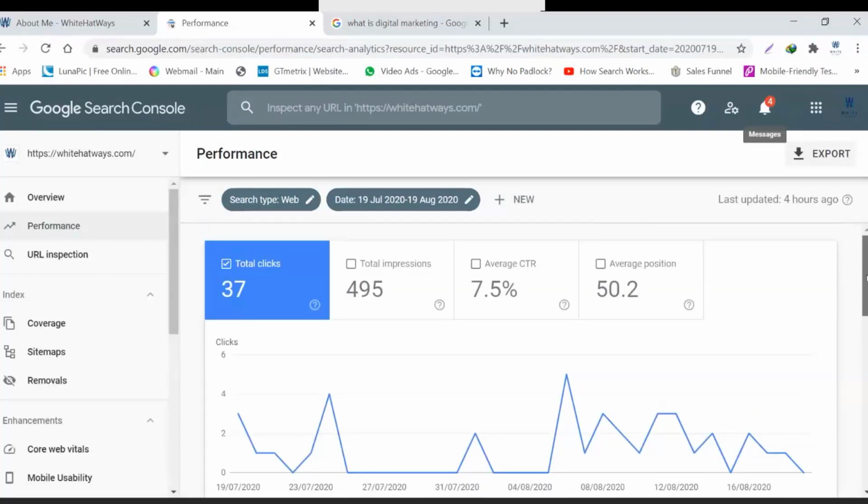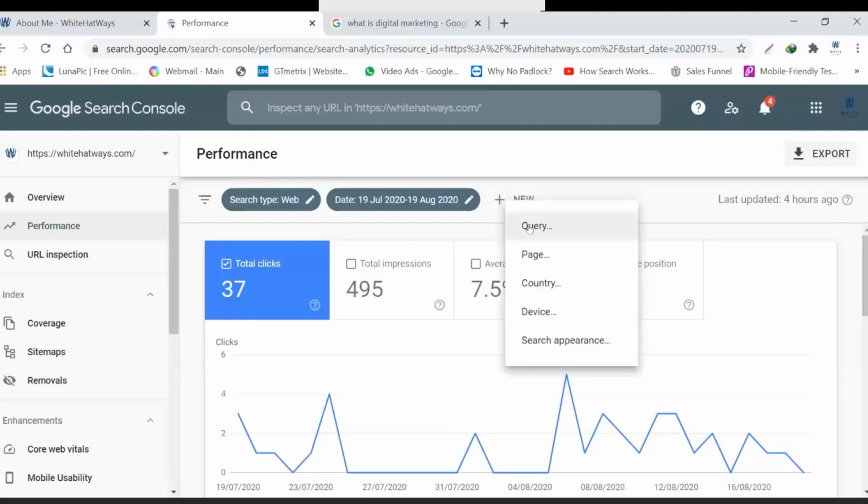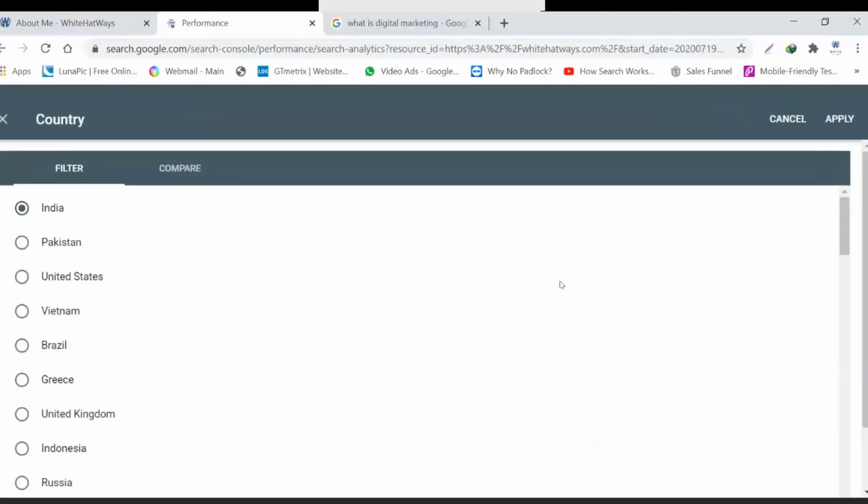Okay, so moving on to the plus sign once again. Let's see the countries. So where from am I getting the traffic? As I told you in the very beginning, it will also tell you which country is contributing to the traffic. So in this case, we have considered India, but let's say I just want to check it out for Pakistan. So I can just go ahead and click on apply.